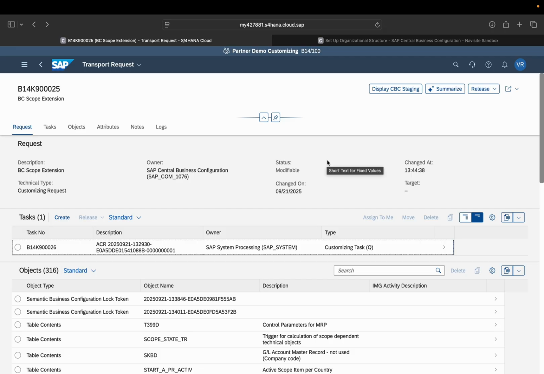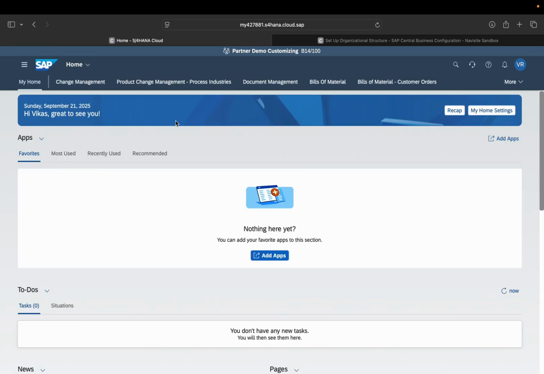As it is SAP public cloud, the pre-delivered and pre-configured setups come from the SAP side itself. We need not go and create number ranges or other configuration activities right now. We have set up the company code and everything is done, and we are ready to go ahead and perform the activities.